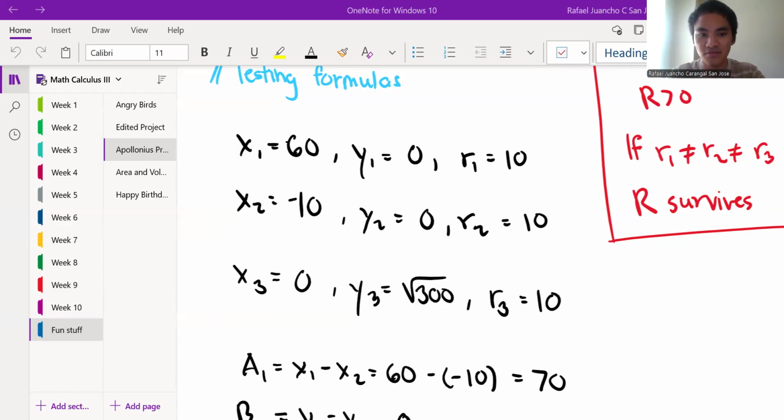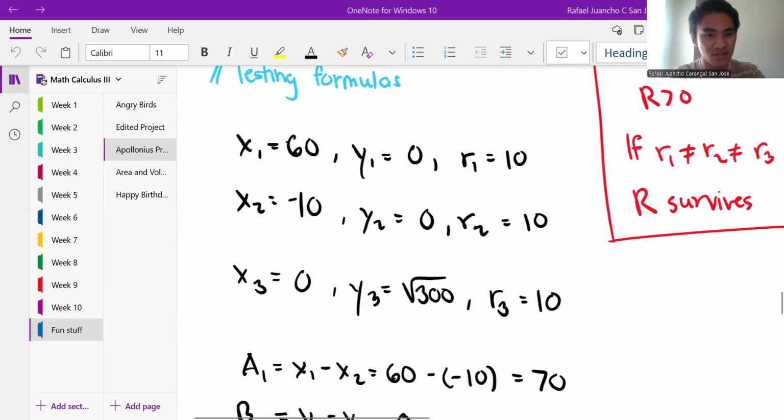Let me just type them out before I share my screen. Then we have x minus negative 10, so this is just x plus 10. And then I think it was y minus 0, and then this is equal to, again, 10 squared. And lastly, we have another one, which is